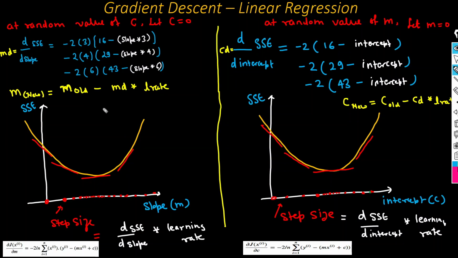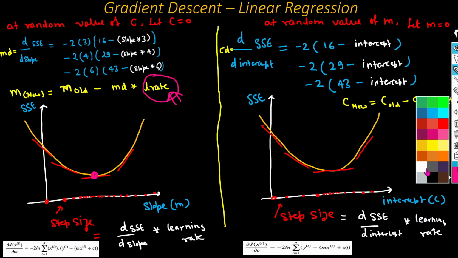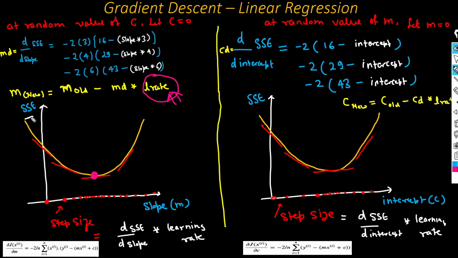So what is the benefit of gradient descent? Because this thing we can also calculate with the help of some different technique. But what is the benefit of gradient descent? In gradient descent we use the learning rate, if you see here. So what is the benefit of the learning rate? Our main aim is to reach this particular point, right? Our main aim is to reach this particular point.